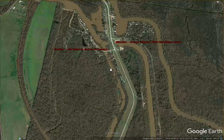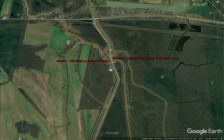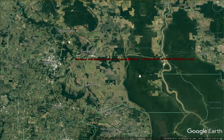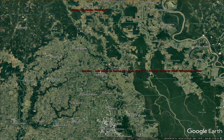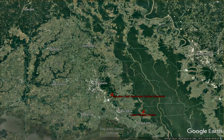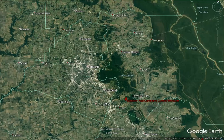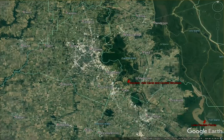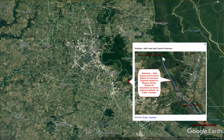In fact, the first couple solutions we're going to talk about is trying to get water down to Lake Falls Point, which we see as a natural floodplain for our area outside the west side of the levee area. Okay, the second thing we're going to look at is adding a canal and a control structure to allow, again, an outlet of Cypress Island swamp down to provide a channel down to south of the Keystone Dam, with the control structure to